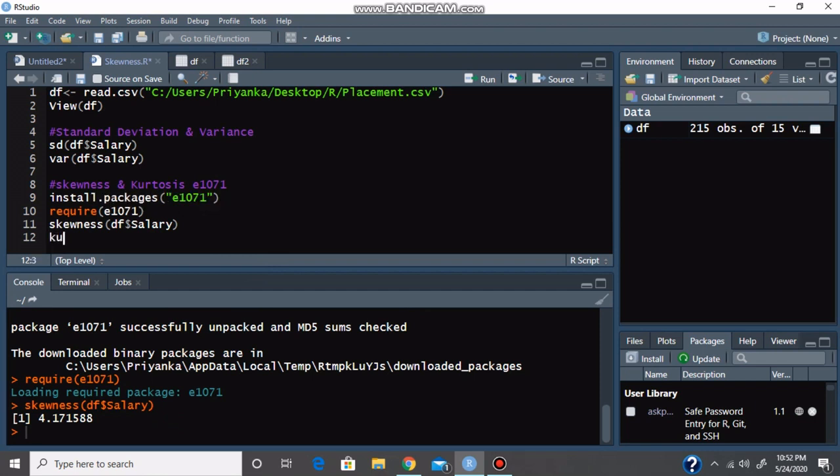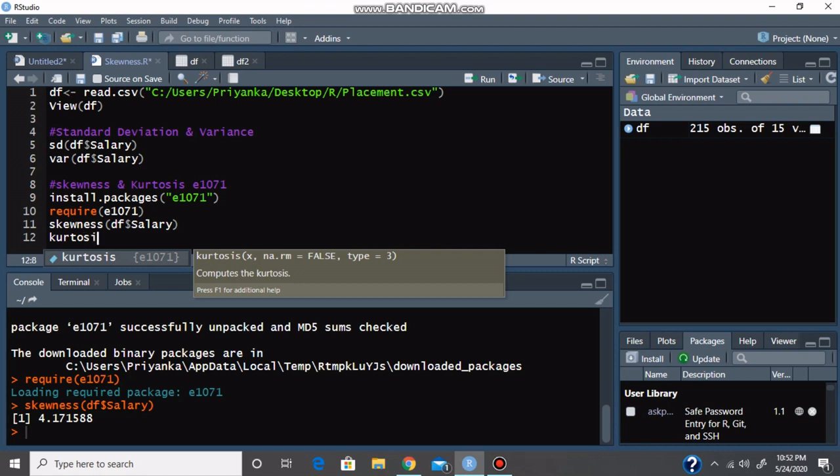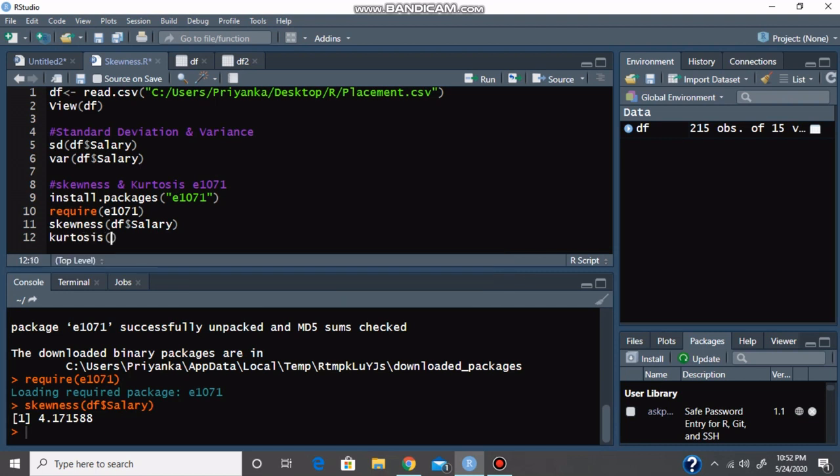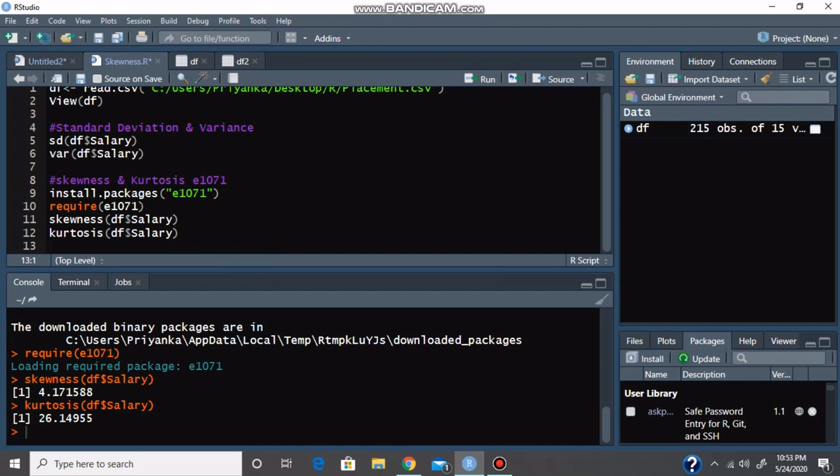Now in a similar manner, I'll take out the value of kurtosis, that is the measure of tailedness, and kurtosis is given in the same manner. Apply it on the column, and you'll get the value as 26. Now when I am getting this value as 26, we already saw that there are three types of kurtosis, and a positive value of kurtosis shows that there is a heavy tail, and this shows the existence of outliers. So now let's move to the next section.